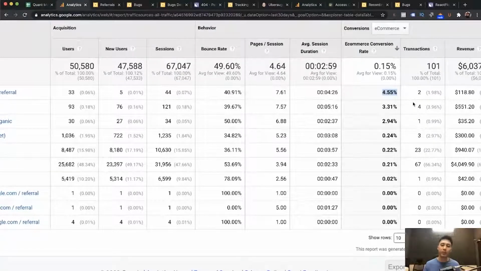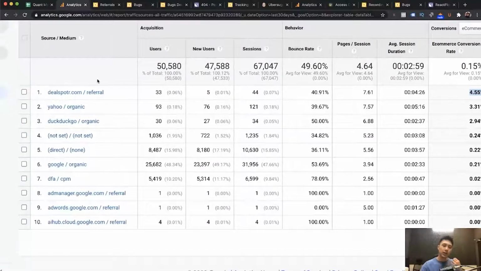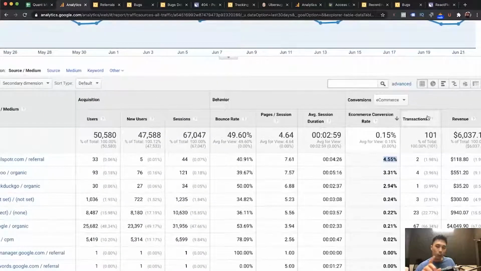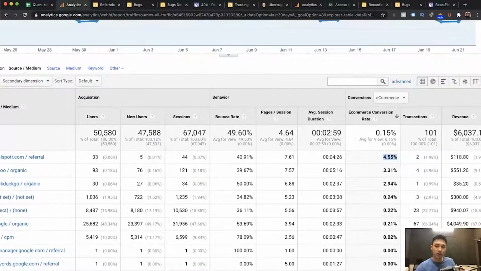Now, where did this traffic come from? If you look back here, we can see that, oh, this traffic came from this site called DealSpotR.com. So as a website owner, I can go and investigate this site and see how we can get more users from this site and get our revenue to increase from this site itself. So we're looking at the traffic that gives us the revenue instead of just blindly marketing over and over again and just throwing things on the wall to see what sticks, right? You know that saying. So basically, look at the sources of traffic that you have and see which one is actually giving you the conversions.